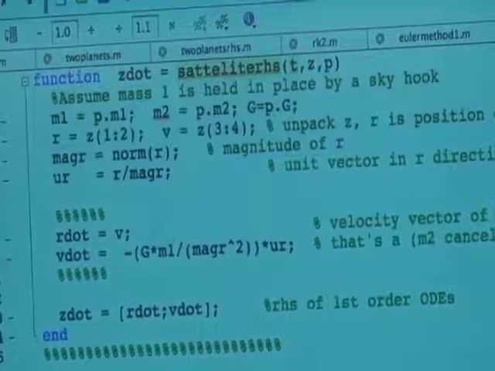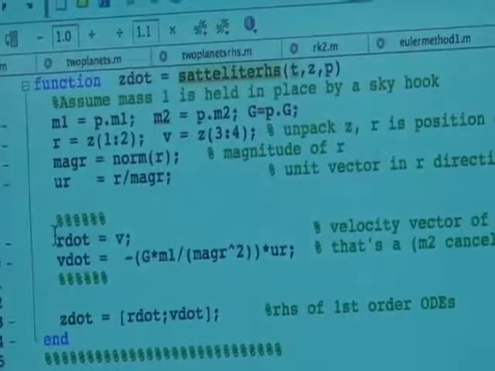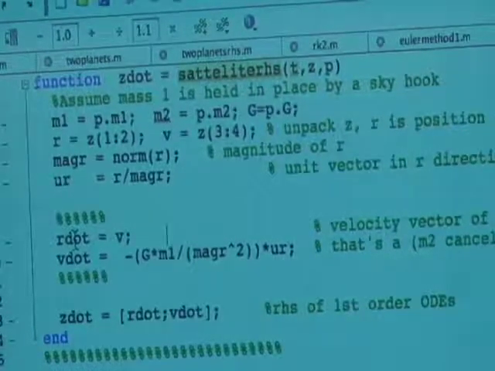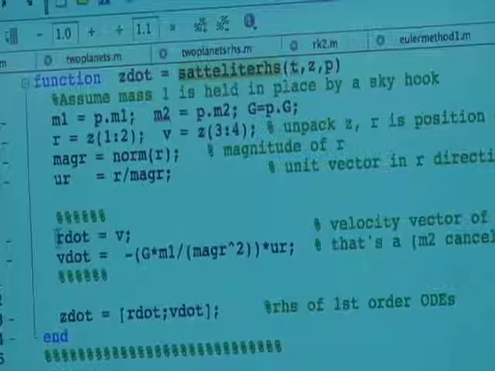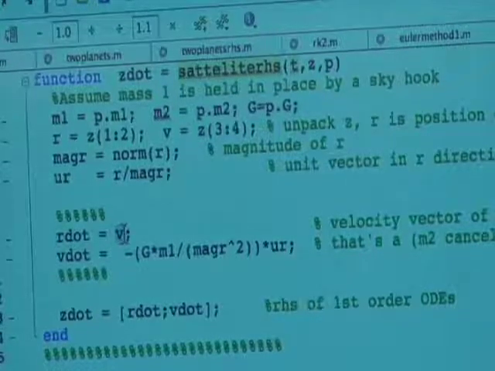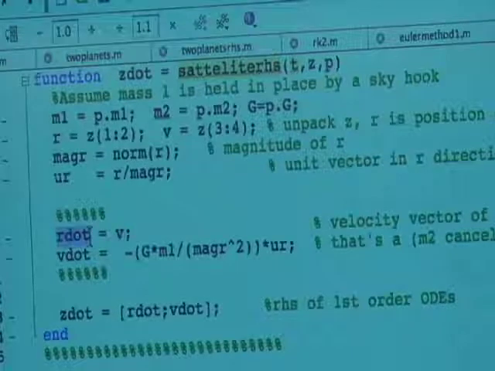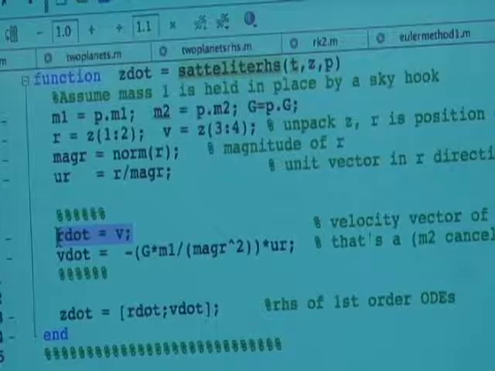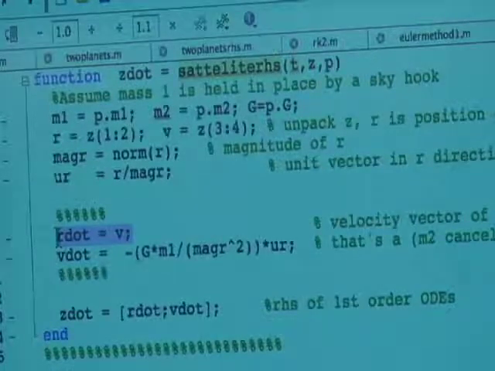Now you say, how do we get 4 differential equations without having to write all that stuff with the square root of x minus x squared plus y squared and all that stuff? As we said, first of all, if we know the velocity vector, that tells us the rate of change of the position vector. Now you can read this as the first element of the velocity, vx, is the rate of change of x, and the second number, vy, is the rate of change of y. But this is a lot tidier, and it gives you a geometric picture also. The rate of change of the position vector is the velocity vector.